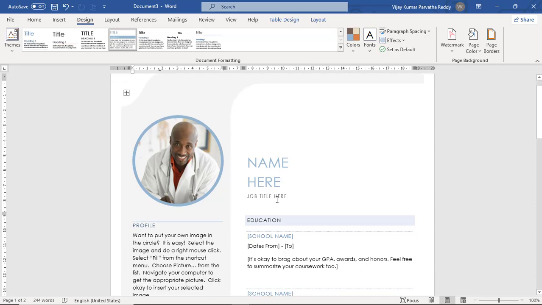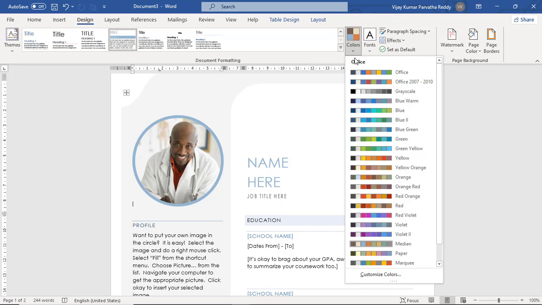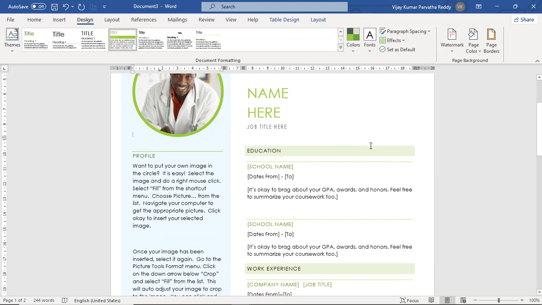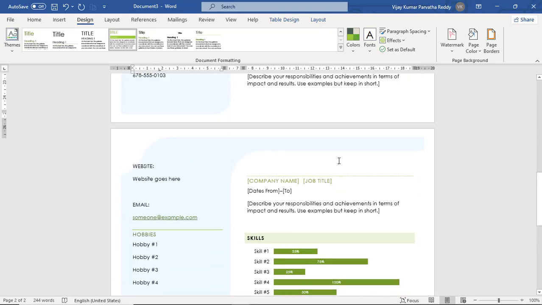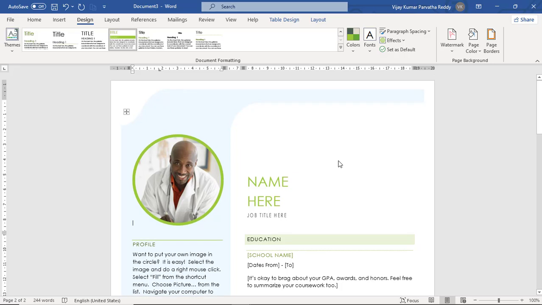And if you want to apply a set of predefined colors, see, automatically the color alone will change. The text adjustments and all will not change, only the color alone will change. You can select a particular color. Accordingly, it will set the entire colors of your document.